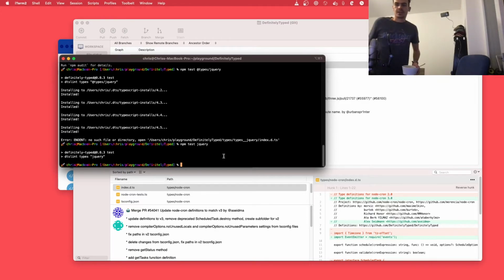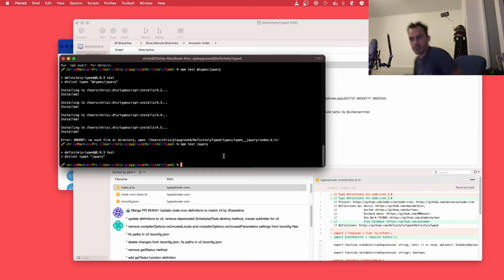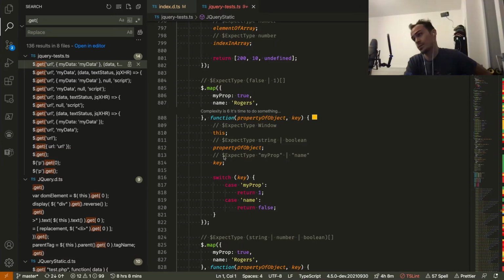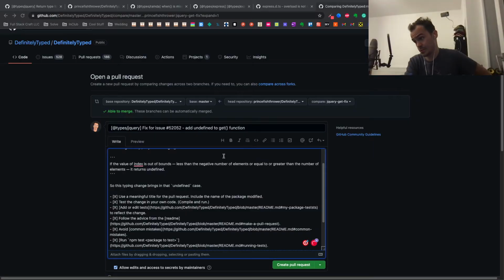Did it do something? It did something. It didn't say anything. There's no errors. So I am going to click the green merge button. Let's do it. Or it's not merge, it's create pull request. All right.